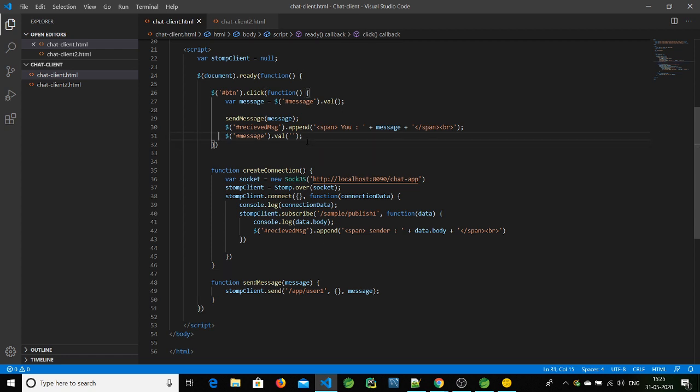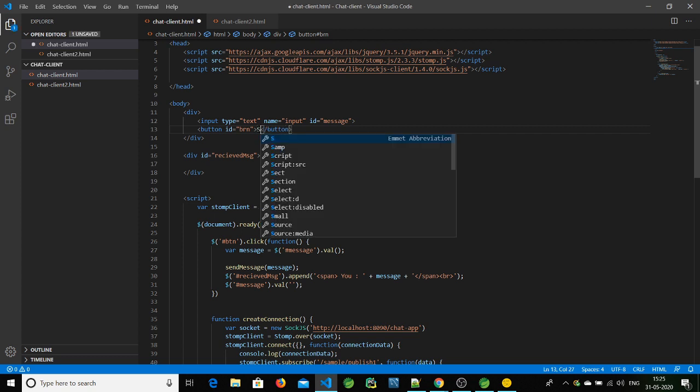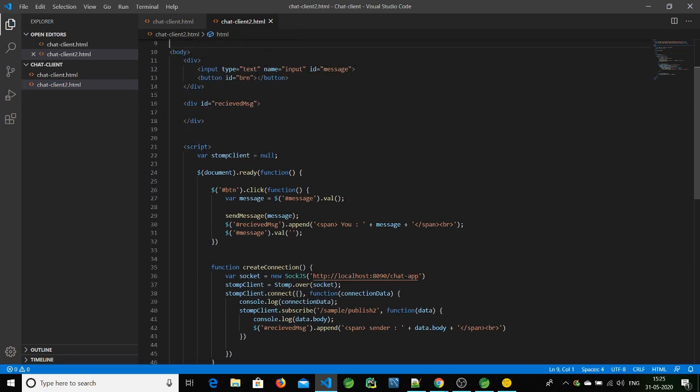Here let's create this send, and for the second one also send. Now let's refresh the page, and let's start the backend server.